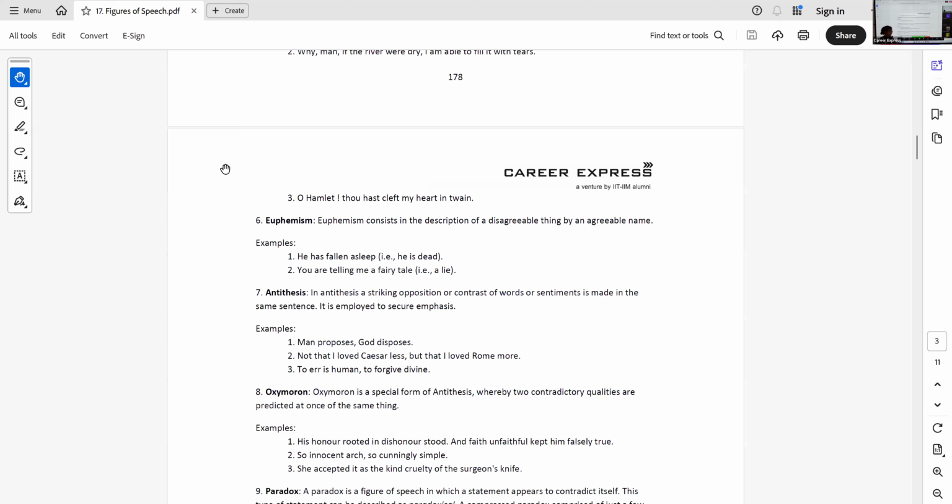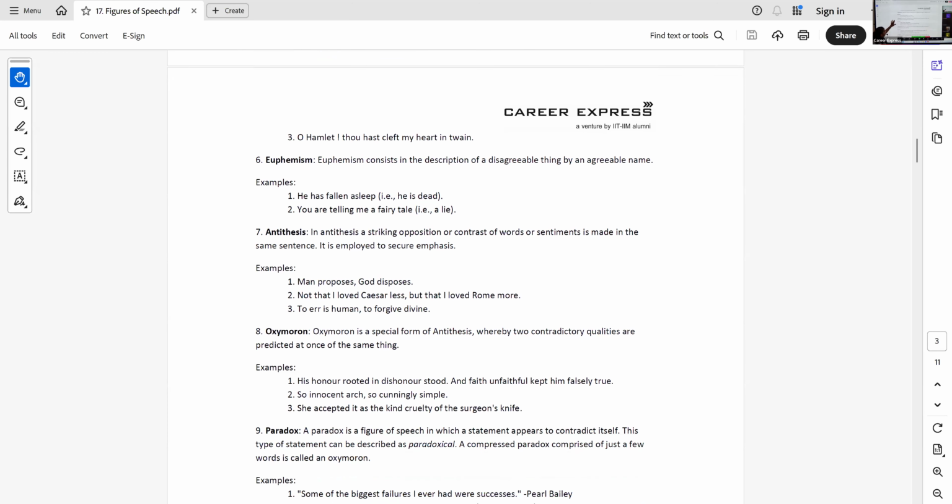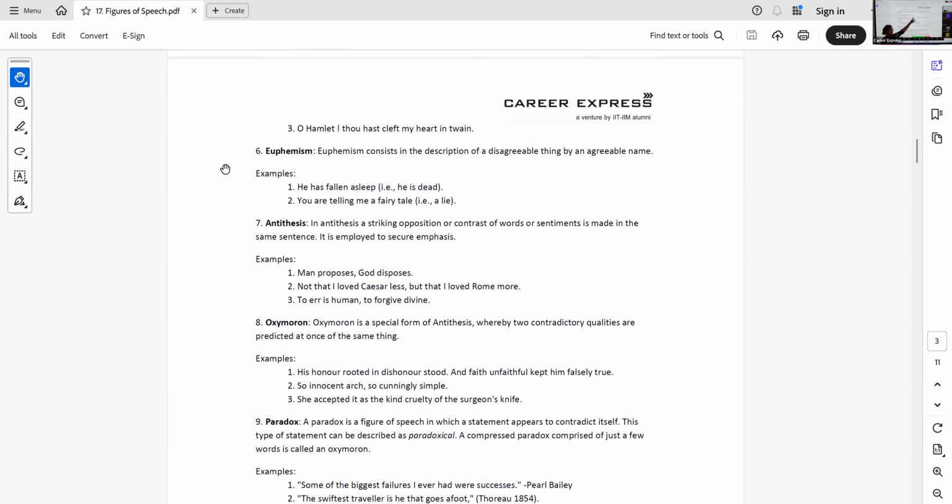If you have a cat and the cat is terminally unwell, sometimes we have to take it to the doctor and put it to sleep. Hamesha ke liye so gaya. Every language wants to soften death because death is so harsh, right? So when you're trying to soften an idea, that is a euphemism. You remember one example per literary device. Learn one example for every literary device and learn it properly, and you're done. Then you can just match the options. He has fallen asleep. You are telling me a fairy tale. That's an entertaining one, meaning a lie.